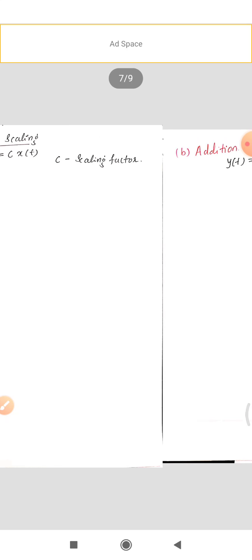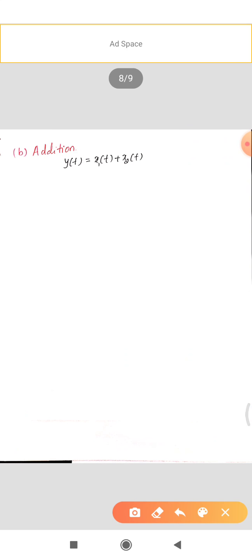Next we'll move to addition. Addition means in this you may get 2 signals or more signals that have to be added, one signal with another signal. Now we'll do the simple things first, and then we'll take a bit more complex. So y of t is equal to x1 of t plus x2 of t. Let's take x1 of t as